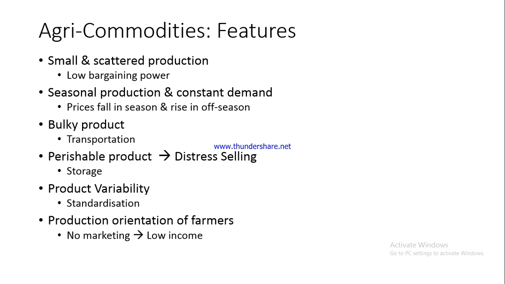Again, one more issue with agri-commodities is that the farmers which are engaged in production of agri-commodities, they generally have a production orientation. They are more concerned with the production, they are more knowledgeable about the production, but they have very less information about selling, about marketing their products in the market to the customers. So this is one major issue, because they are not able to market their products, they are not able to create a brand name for themselves, they are not able to generate repeat sales, and naturally they are not able to command a high price in the market,